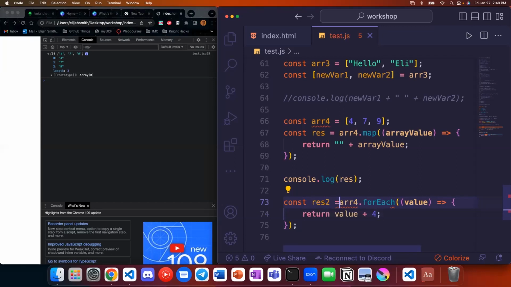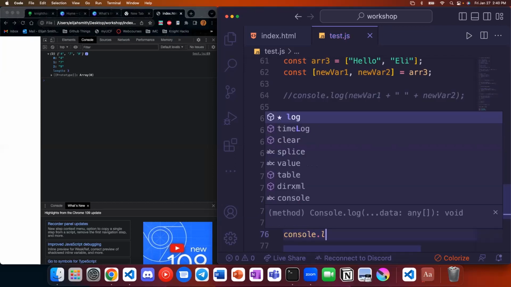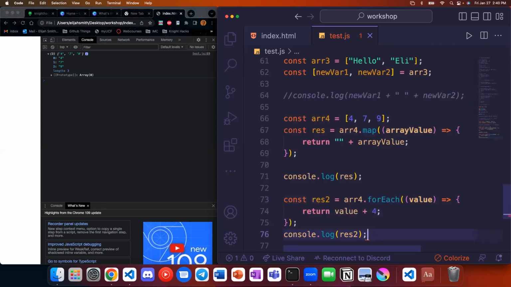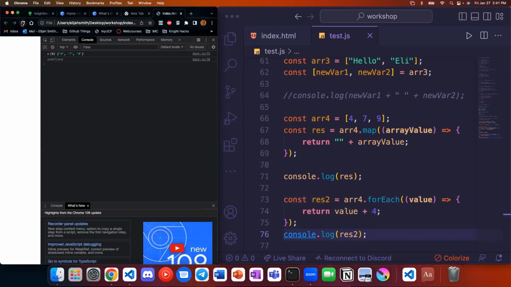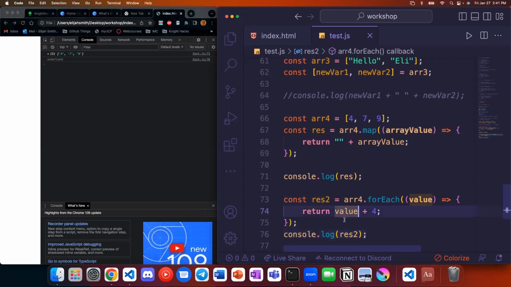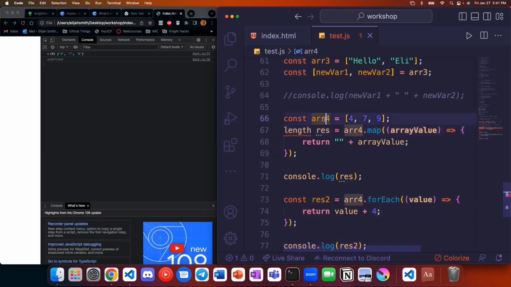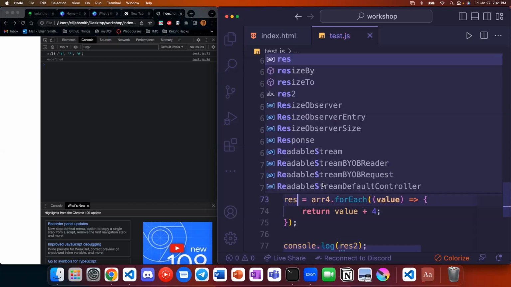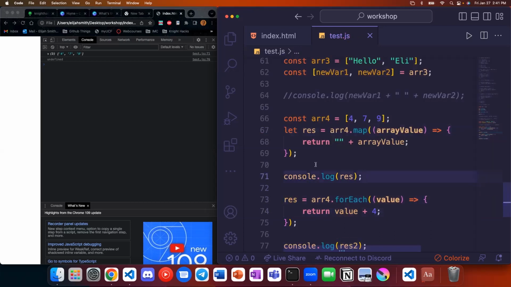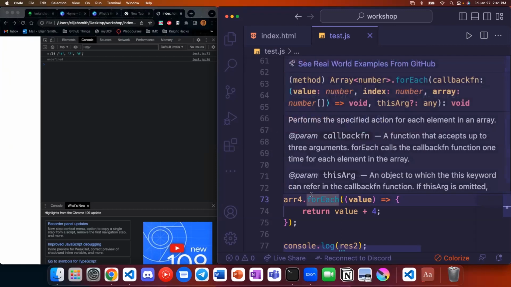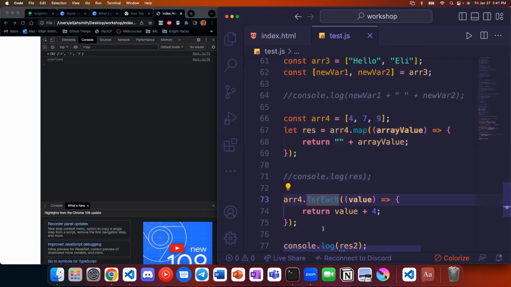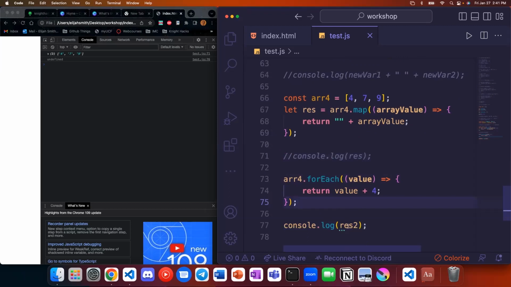Const res 2. Why don't you just make res a variable or a let or whatever? That is a great idea. Let's do that. That way we don't have to redeclare new variables in this case. I'll go ahead and take out this console log statement. I was going to do that in the function section, and I forgot to do that. So let's double back to that in just a second.